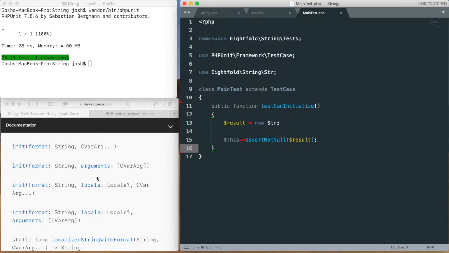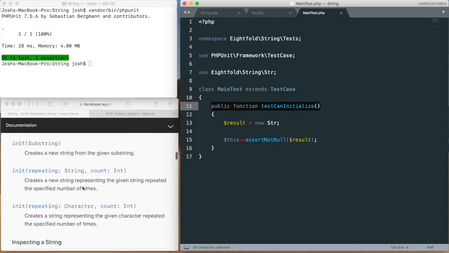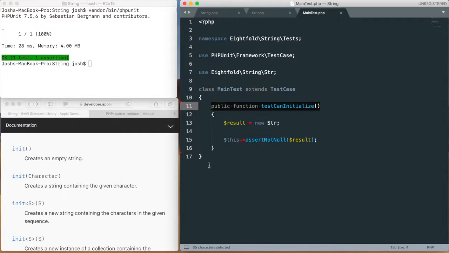Swift has something that PHP doesn't, which is the ability to overload a function or a method. What that means is you can give a function the exact same name, but as long as the entire signature is different, Swift will look at it as being something different, right? As you can see, we have different argument types and numbers of arguments given to these initializers. We just don't have a built-in way to do that in PHP,